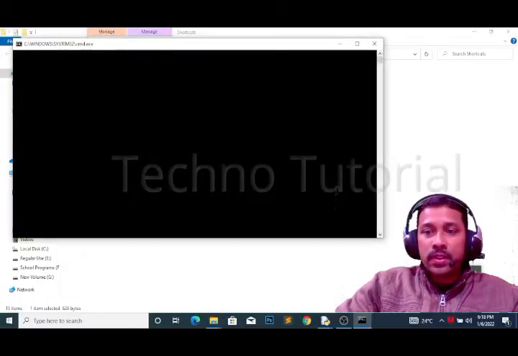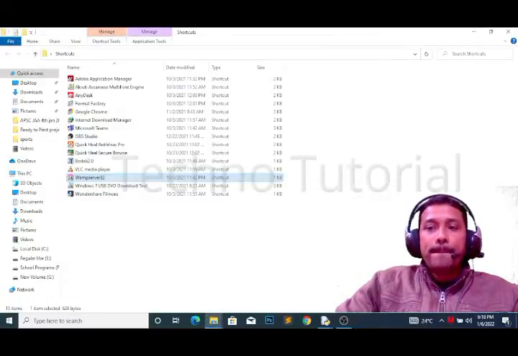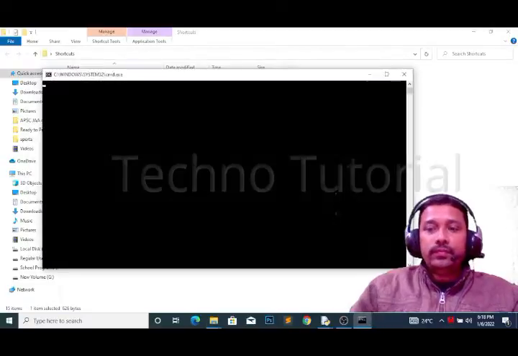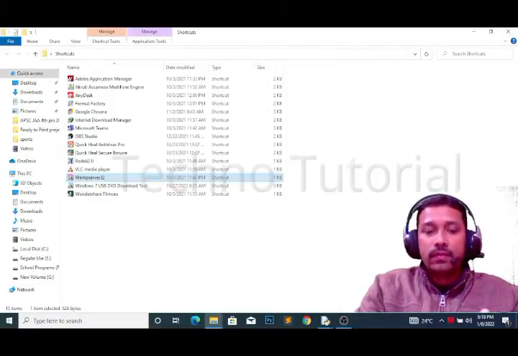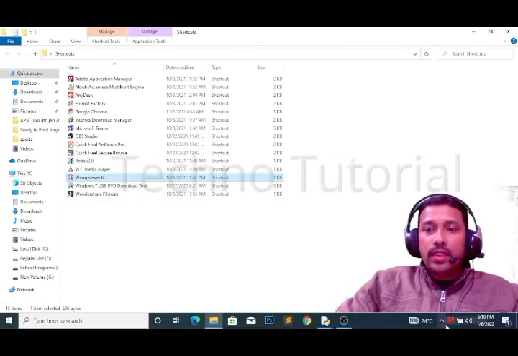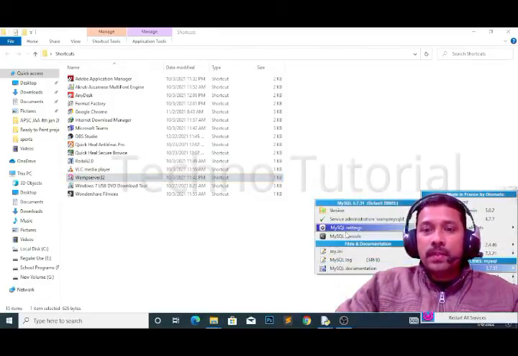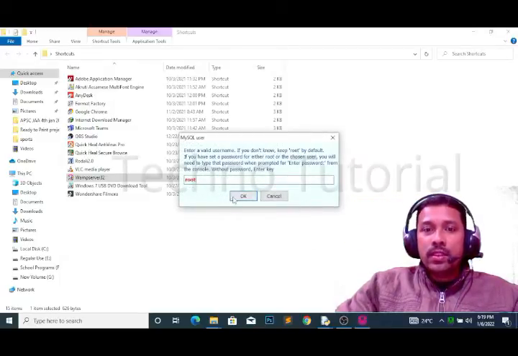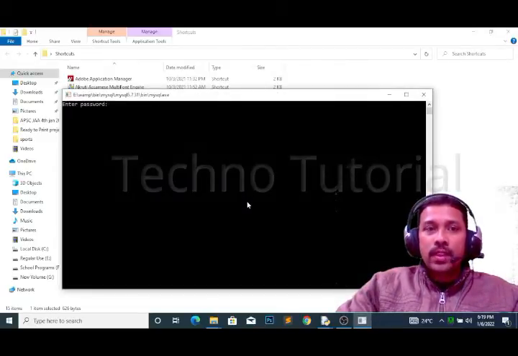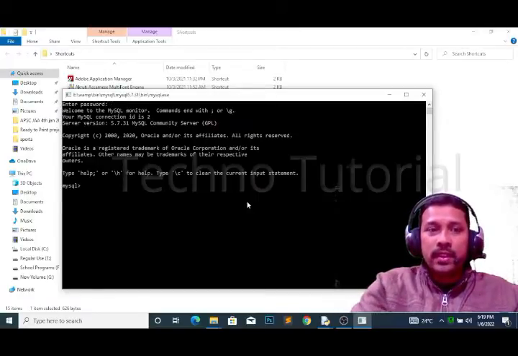it's coming, wait. The red symbol is coming, it has to become green. Okay, just wait. Yes, it has come. So go to MySQL. Here it is, the MySQL console. Just click on root. Yes, there is no password already, you know. Press enter. Now here see, we are going to use the BMS database, use BMS semicolon, press enter.